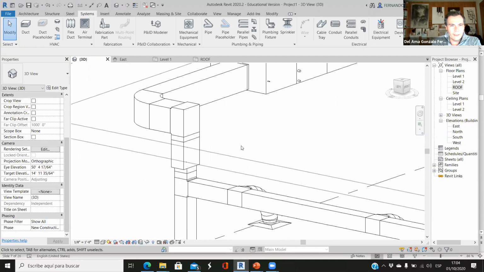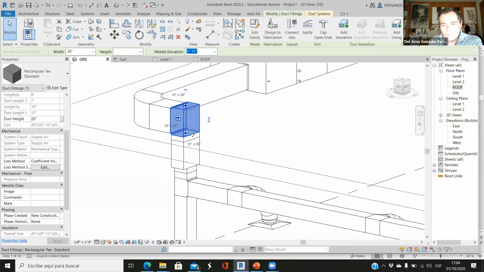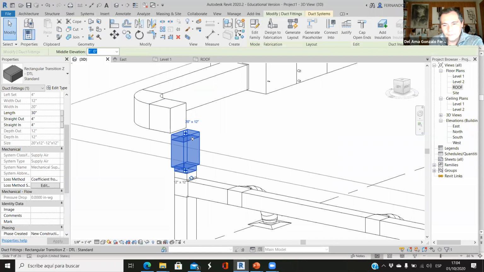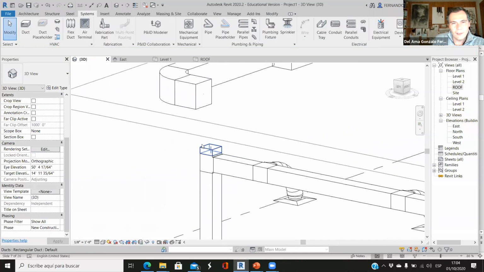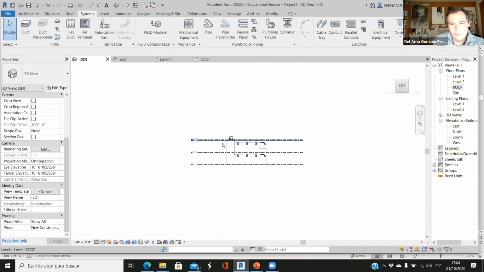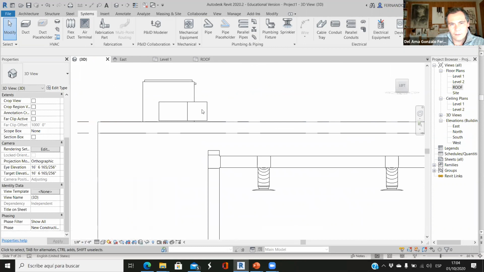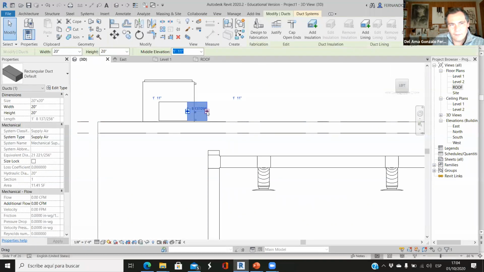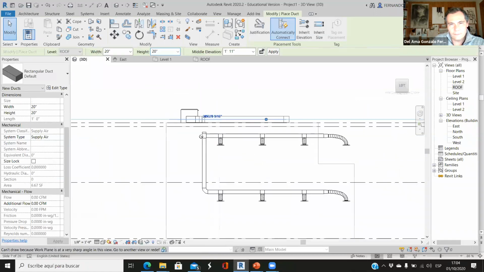How can I modify this connection? Sometimes those elbows, I need more space to modify those elbows, okay? Because the elbow, if I have this, I draw duct, and